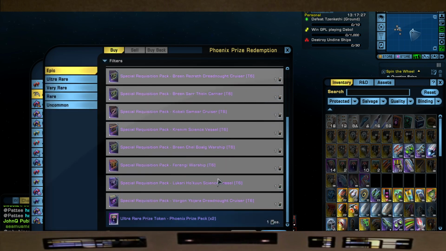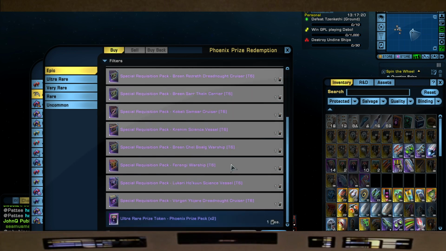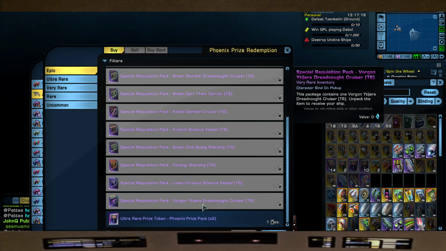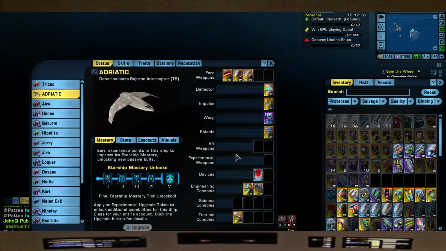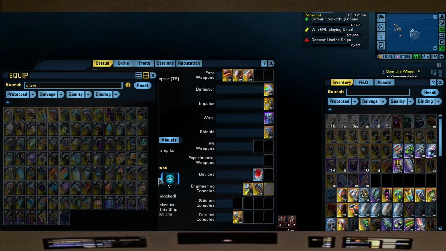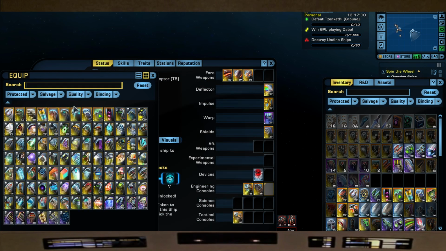Next up would be the... Sorry, I'm going to correct myself. The Vorgon Regular Carrier. No, this was the one that I used for the mine layer. The Vorgon Tijara Dreadnought Cruiser. That was the mine layer that I used. My apologies. But the Lucari Hokun Science Vessel comes with this awesome oh crap heal console, which is the...